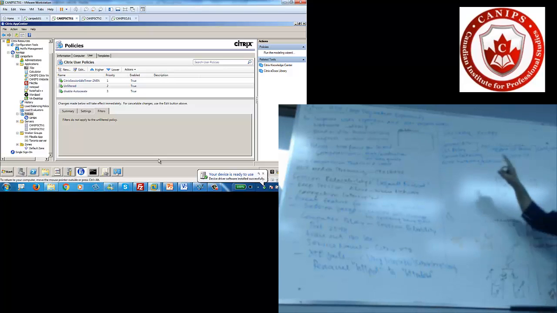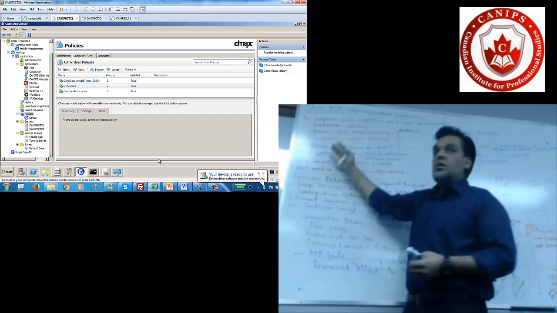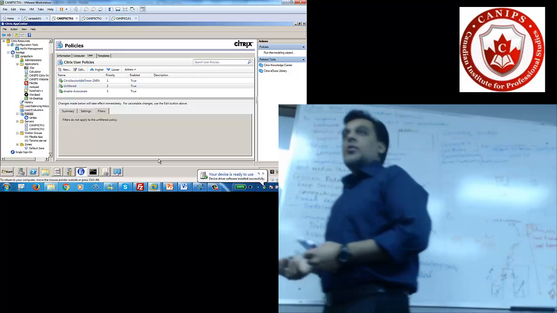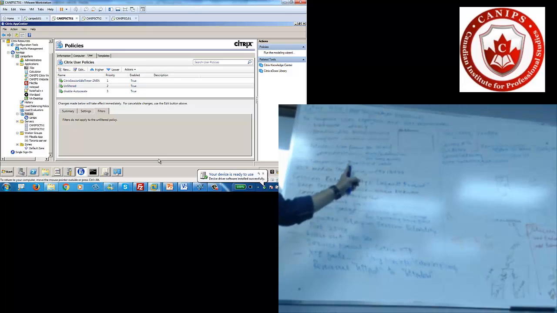So in order to control that in Citrix, Citrix has these different policies inside. You can implement these policies. But this is required only in places where you have high definition graphics or where you're using video intensive